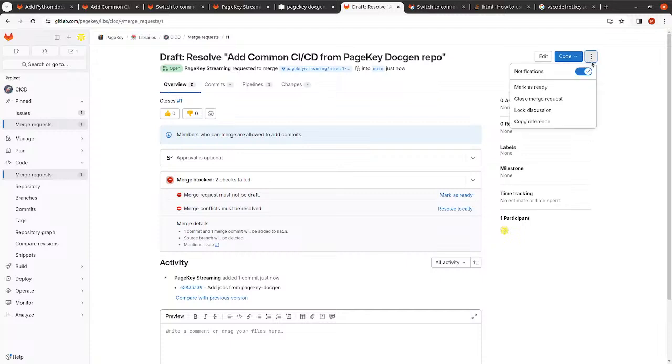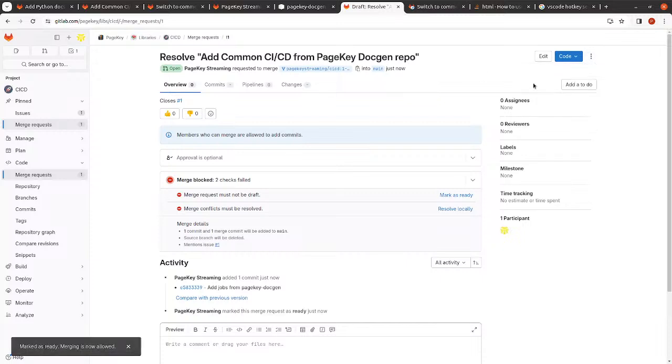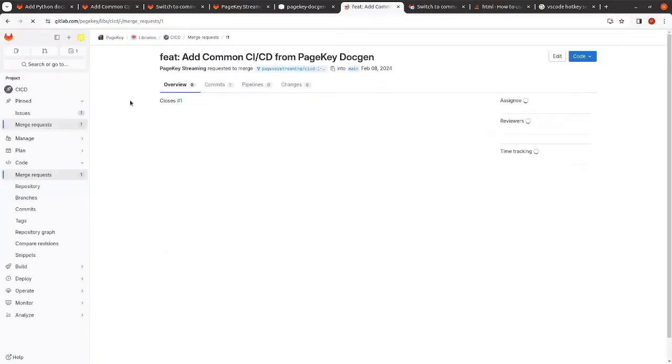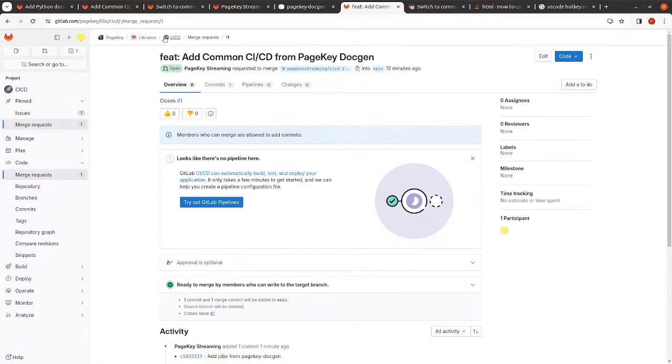So we can just clean this up and say we'll call it a feature. And I would say that that's good to go. So I'll merge that later. But with that,